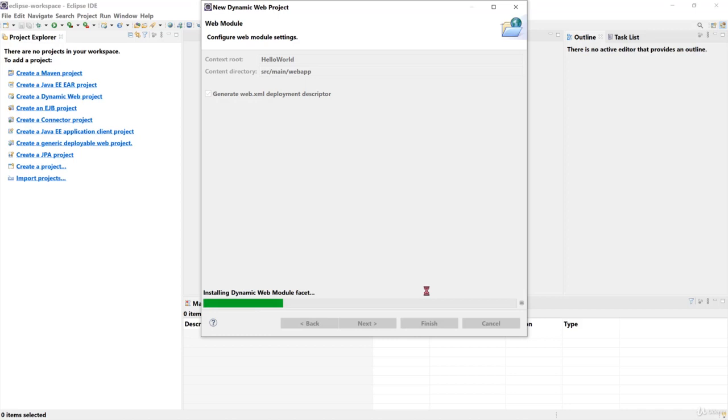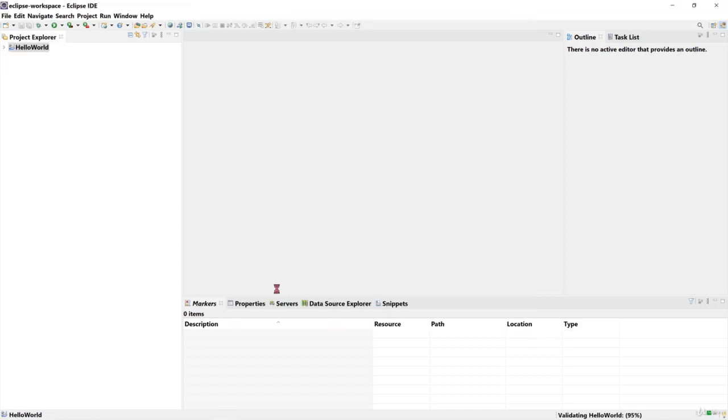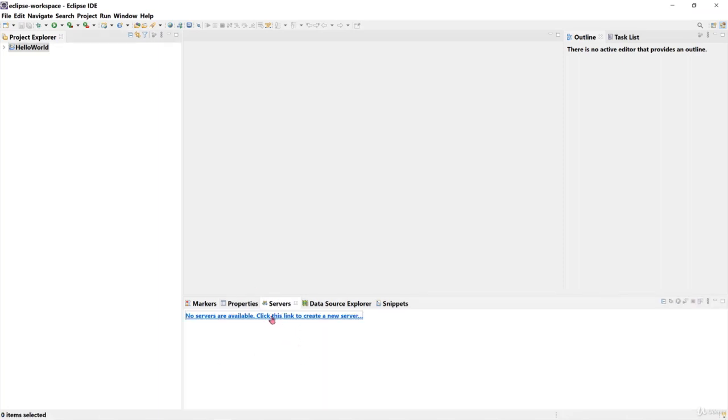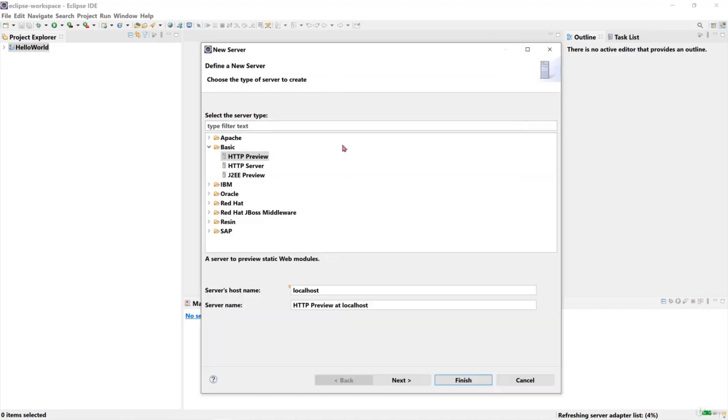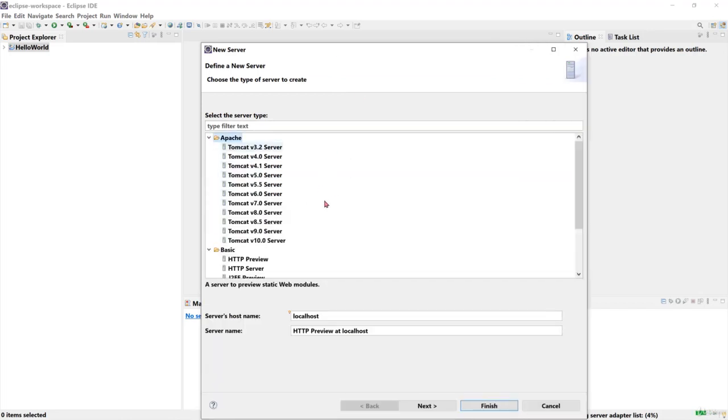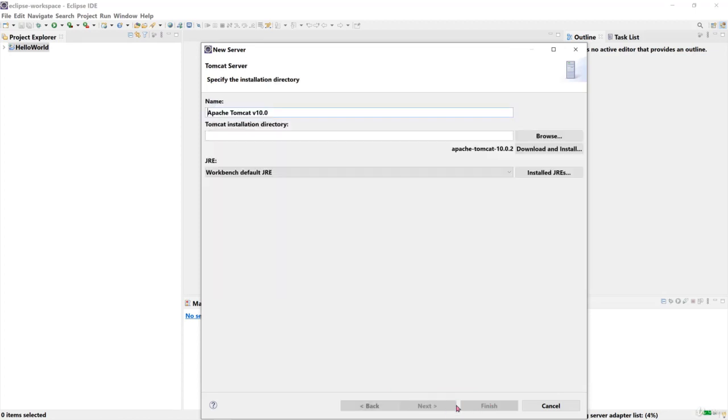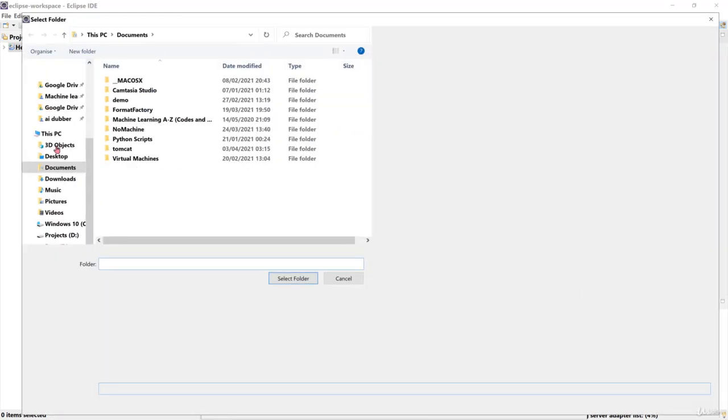So now we have created a dynamic web project, which is fine. The next step would be installing the web server, but this is taking some time, more than usual actually. Here we go. And if I click on this servers tab, there are no servers available. And if I click on create a new server, there are a couple more options, including Apache, Server 10. And here I will be browsing the folder, which is